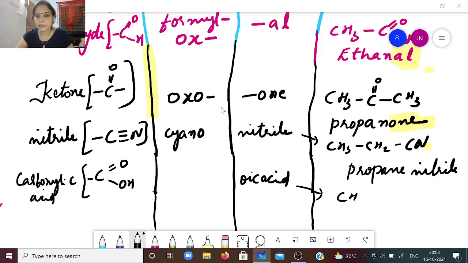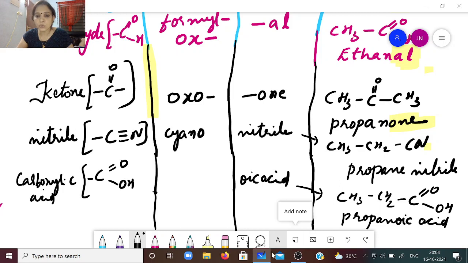An example I can write: CH3, CH2, C double bond O OH. Now, how many carbons are there? 3 carbons, so the parent is propane. When I add oic acid to it, it is propanoic acid. So oic acid is the functional group here. Now, next